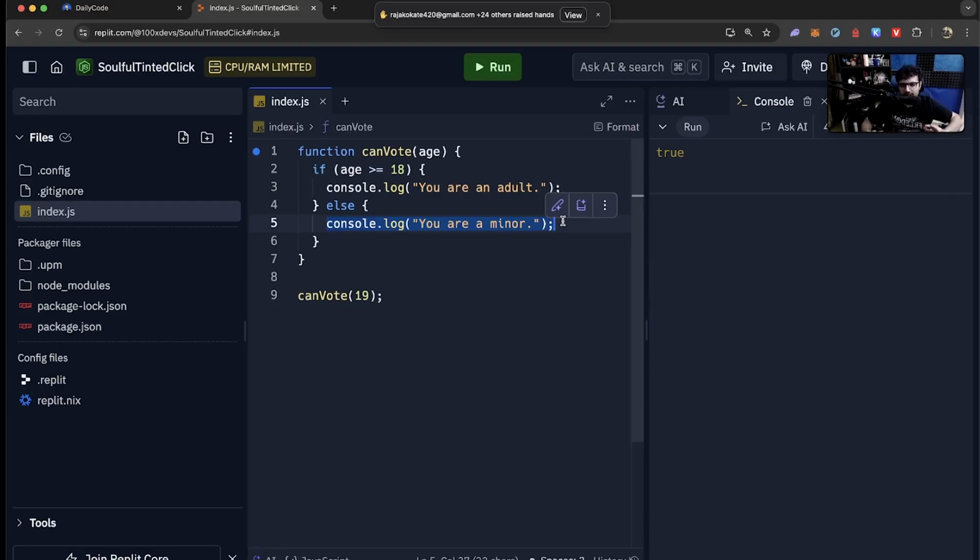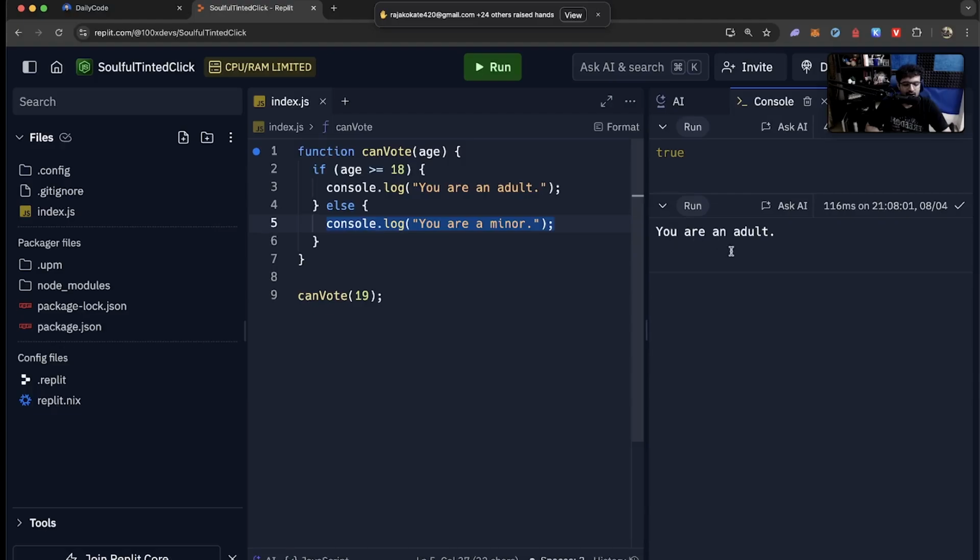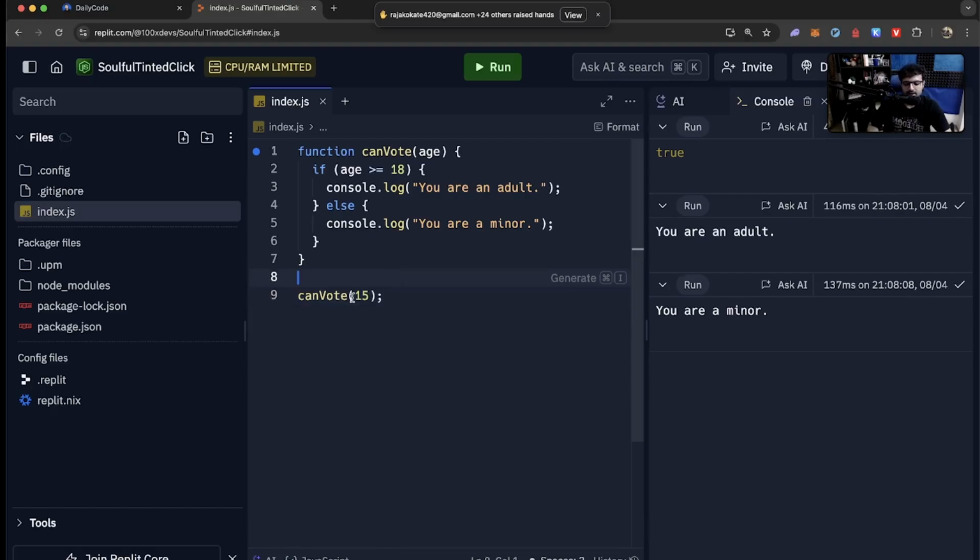I'm not returning any value. I'm not using any value. If I run this, it says you are an adult. If I call can vote with 15, it says you are a minor. So call the function, and inside the function have separate branches of code that run. If this is true, then this runs, else this runs.